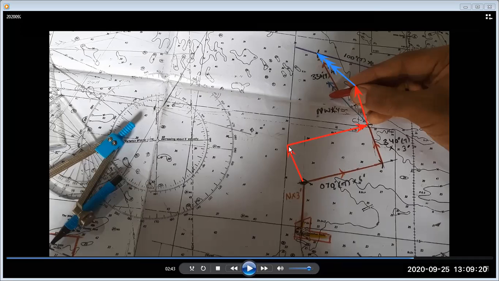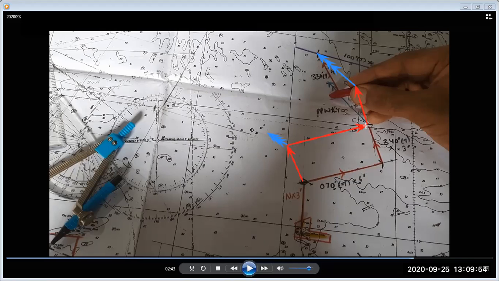So if you are asked for actual positions at 2120 or 2150, this is also not the actual position. We get the rate, and if we are asked for the actual 2120 position, we plot this 330 course for 4 miles, and then we plot the current for 20 minutes, and we will get the vessel position.